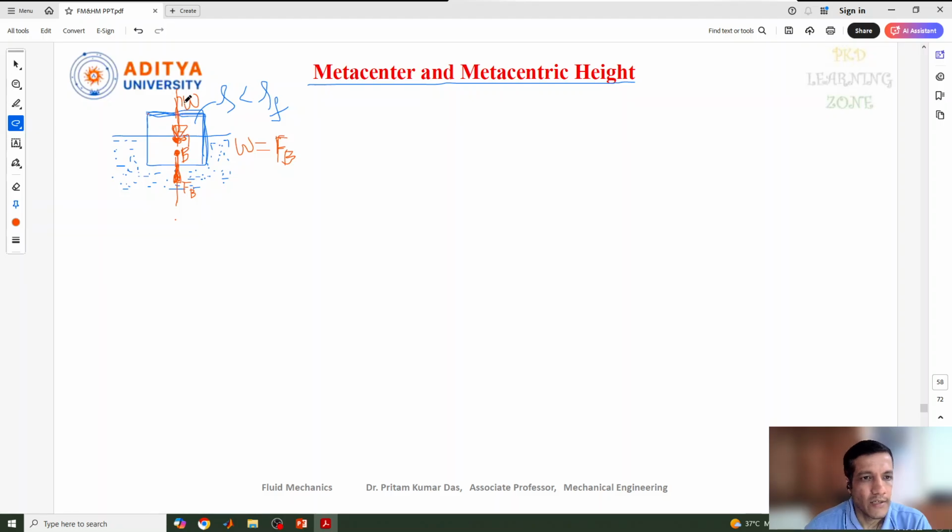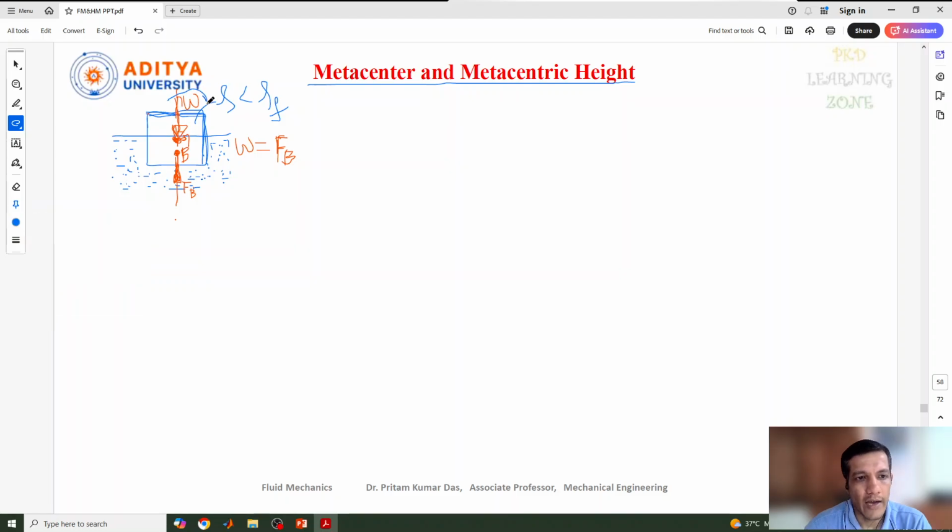For this condition, the metacenter will also exist on the same axis line, but it is not possible to identify at which point the metacenter is. So to find out the metacenter of an object, we need to tilt the object